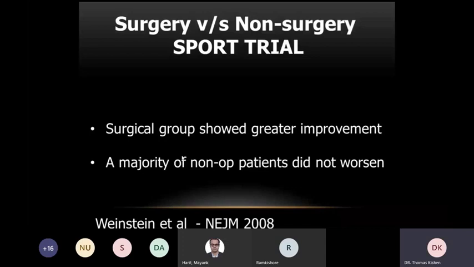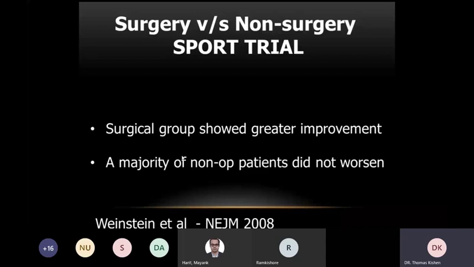So the natural history of lumbar canal stenosis is a little different from lumbar disc herniation. We know that lumbar disc herniation, like I mentioned earlier, has got a favorable natural history. A majority of them settle down. But with lumbar canal stenosis, the natural history is not very favorable. So that means that if you do not do anything, it has been shown that a majority of patients continue